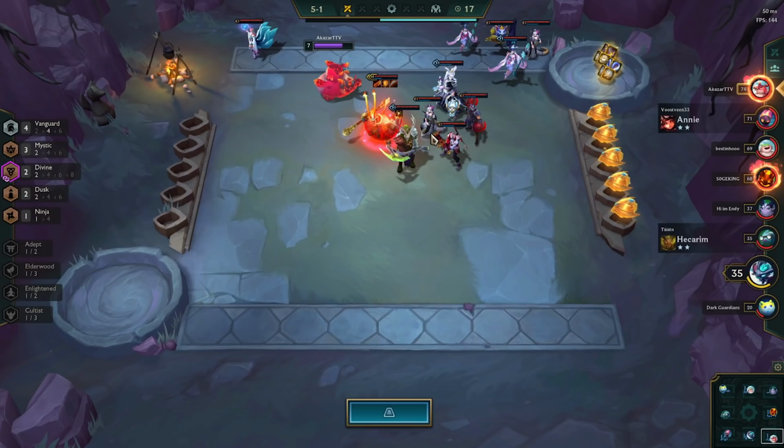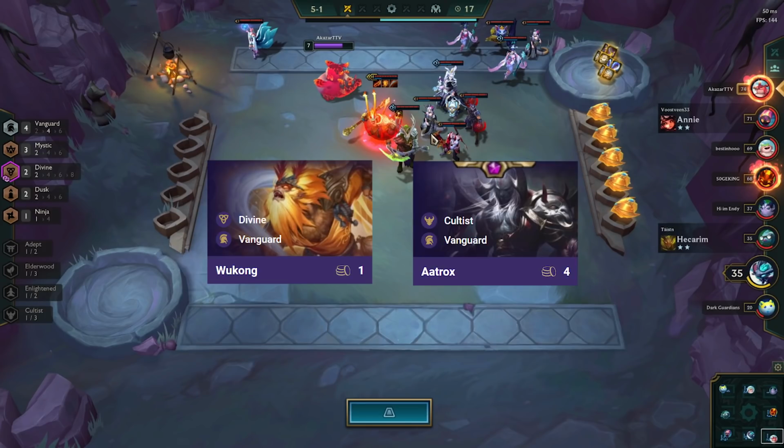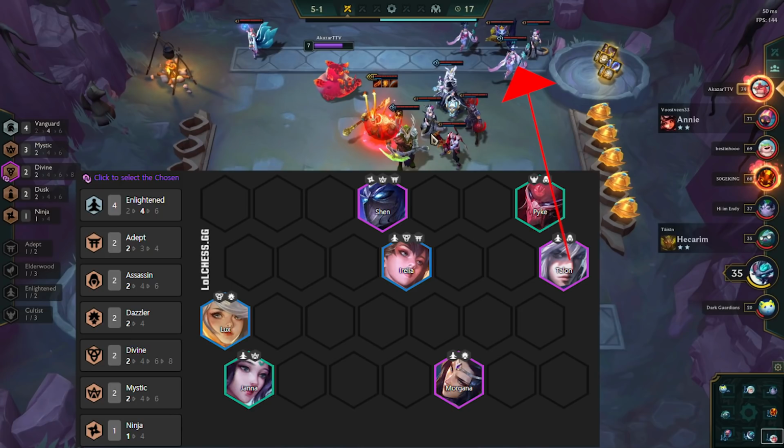Against the first guy, the big threats are Wukong and Aatrox. Talon is positioned to take out Janna. Pyke is positioned to land so that Wukong becomes the farthest away target. Lux and Janna are going to be Aatrox bait to keep Morgana safe. Since he has 4 Vanguard, we are most likely going to lose this matchup, so Morgana is the only way